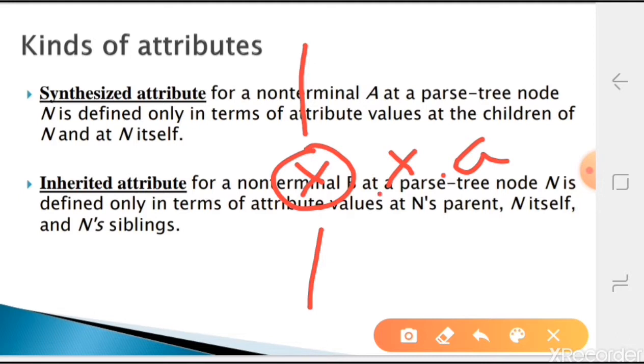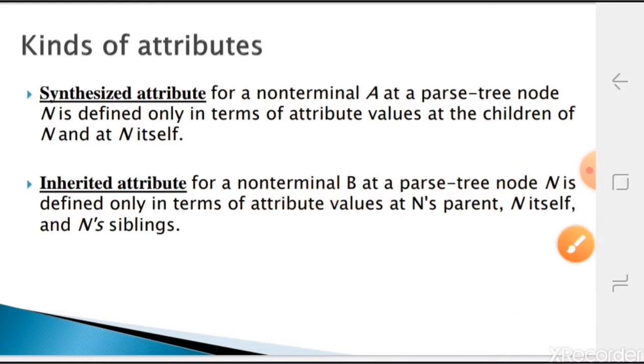To evaluate this value, it may be evaluated based on whatever comes above this or whatever comes below this. Depending on that, we have two categories of attributes: the first one is synthesized and the second one is inherited.